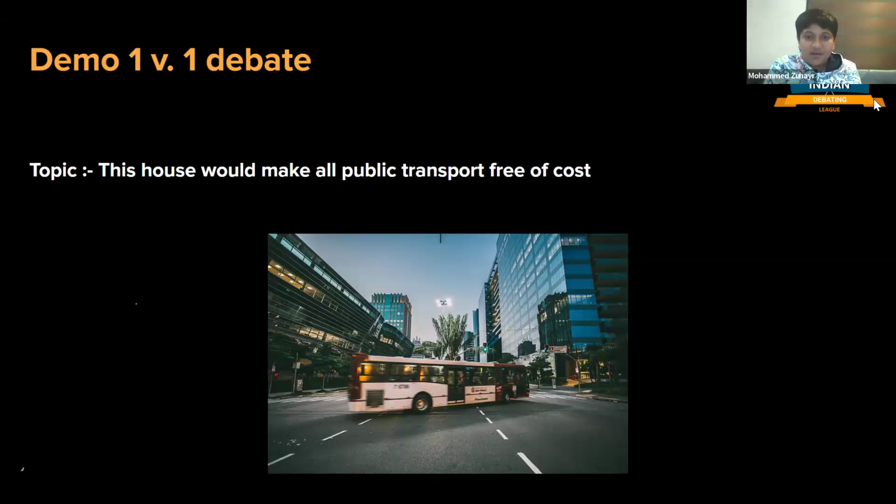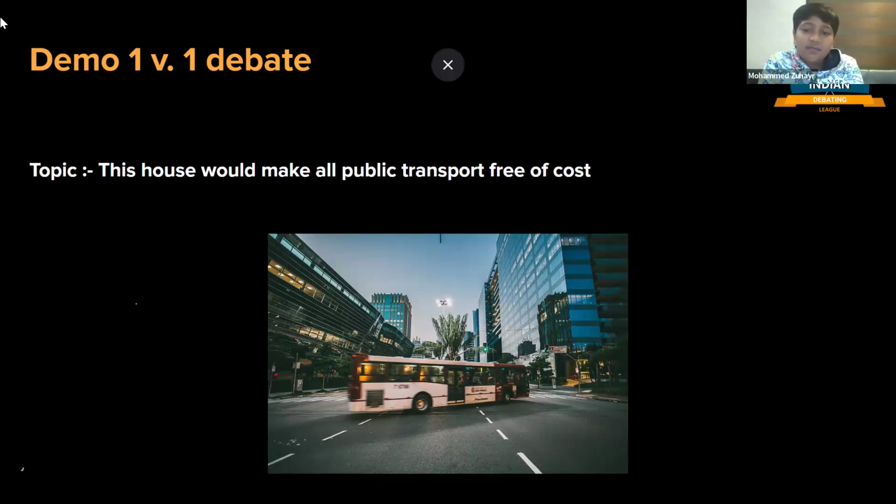Throughout this debate, we've heard claims about accessibility and equity, but we must look at the reality of their arguments. While the proposition may focus on idealistic benefits, we cannot ignore the real world consequences of such policies. Financial instability. The opposition has repeatedly pointed out the immense financial strain free transport would impose on governments. What's critical here is that the proposition has failed to sufficiently address where this money will come from.